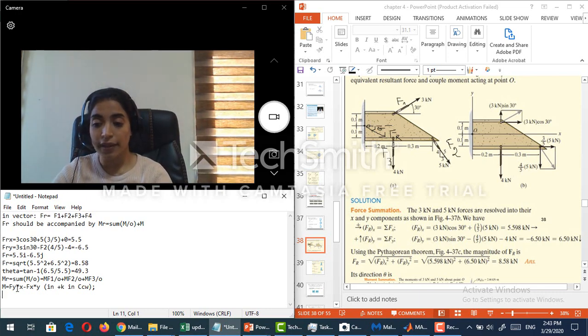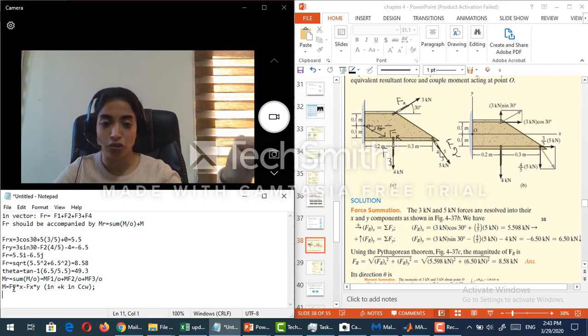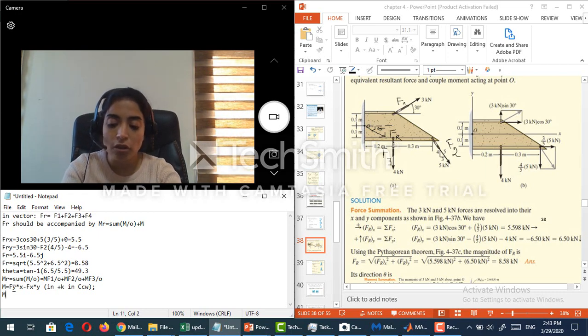And remember, guys, that Fy, Fx, x and y are all scalar values, so they could be negative. Fy and Fx are the components of the force in x and y directions, while x and y are the coordinates of the point of application of this force. So I will start by M1. What is M1? Basically, it is